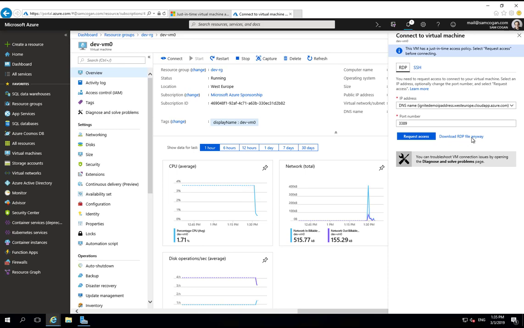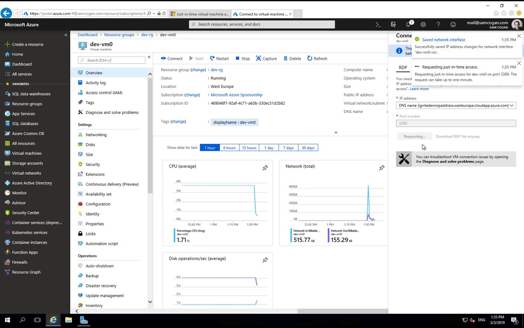We can download the RDP file anyway if we want to, but obviously with those ports closed, we won't get access. So we can pick the IP address we want to connect on. We want to use the public IP address, or the DNS name here in this case, and we want to access on port 3389. So we'll request access, and this is going to log the fact that I have requested